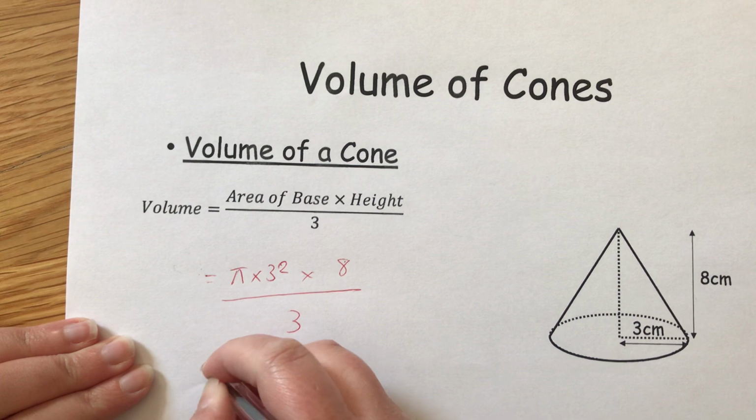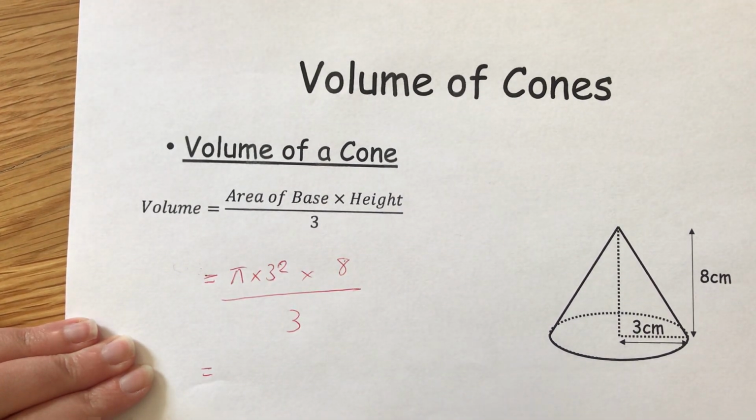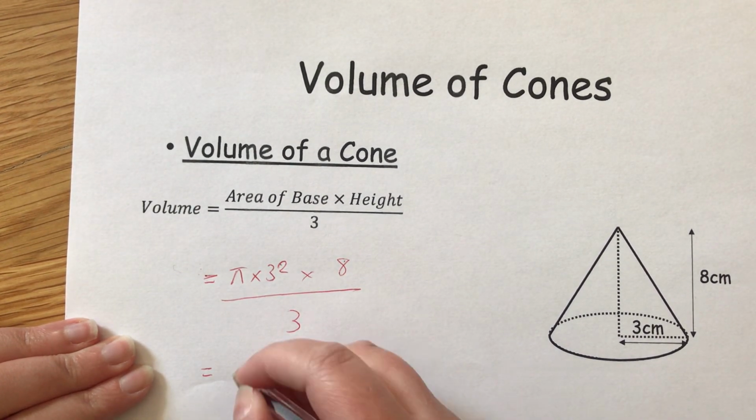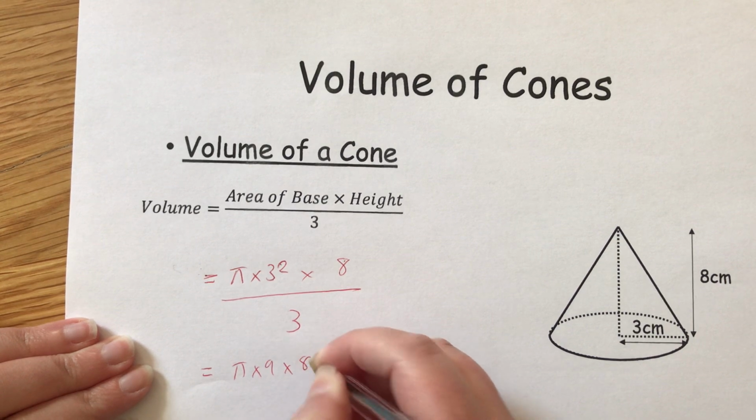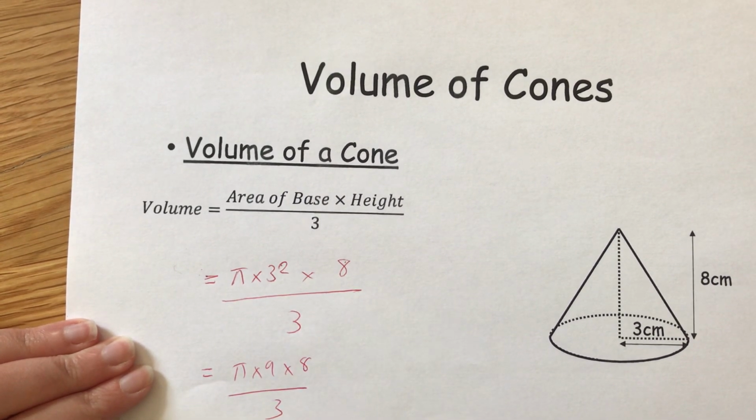Okay, now you would be allowed a calculator for these types of questions in general. So we'd be thinking about pi times 9 and then times by 8 and dividing that answer by 3. Okay, now if you type that into your calculator, it might give you an answer of 24 pi, which is fine, because sometimes at higher they do ask you to leave your answer in terms of pi. But if we look at it alternatively, we can press S and D, which would give us the answer to one decimal place,